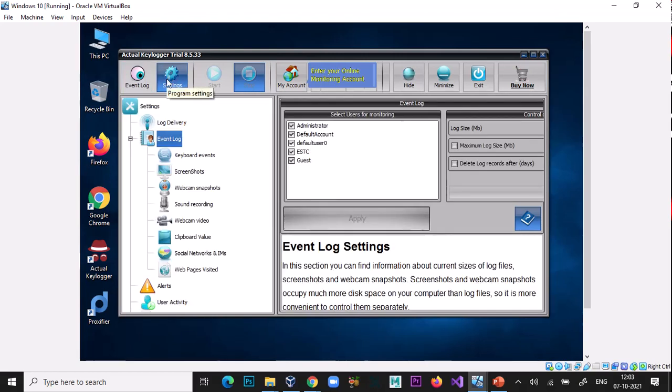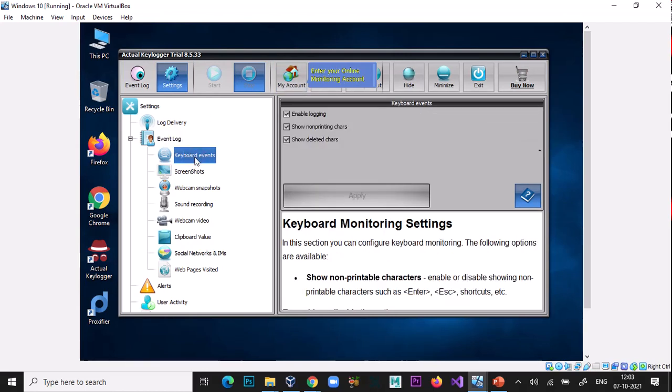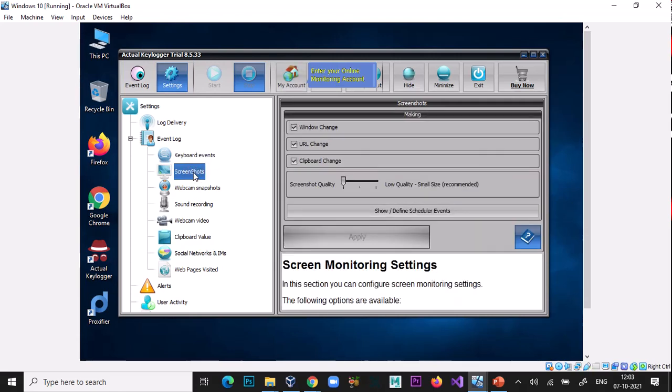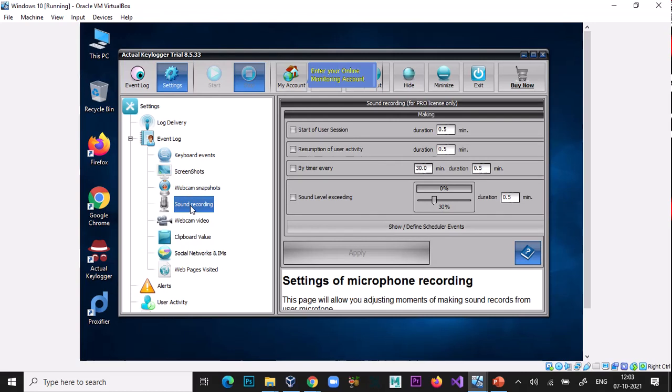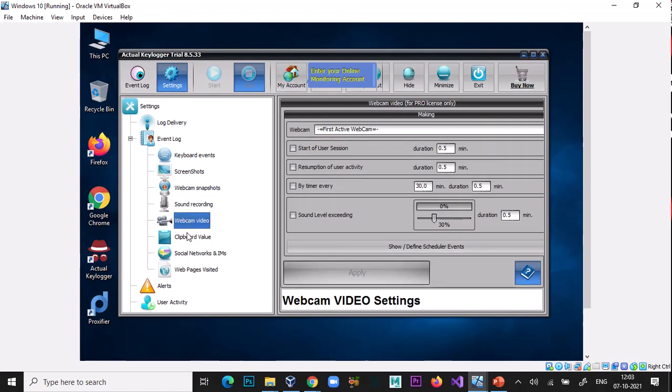Type on settings: keyboard event, screenshot, webcam snapshot, sound recording, webcam video.